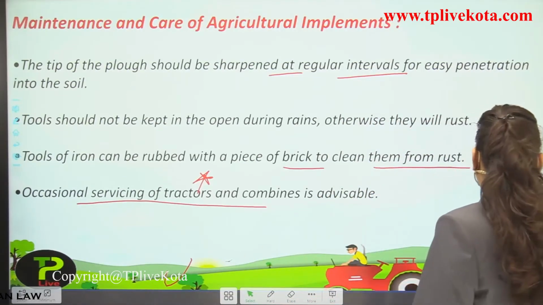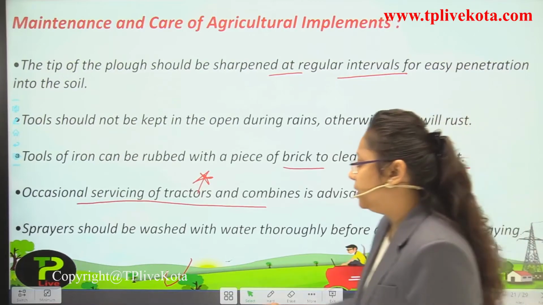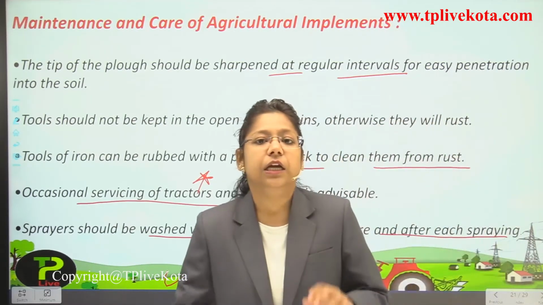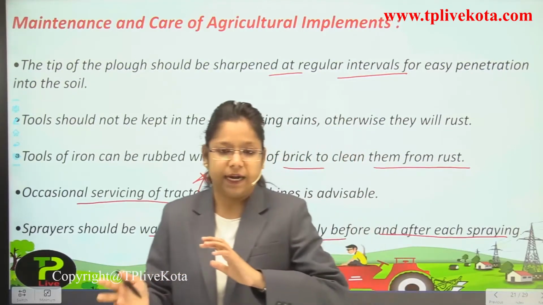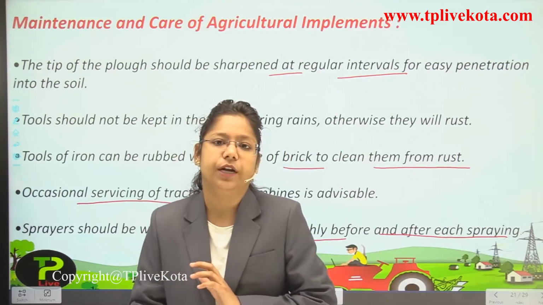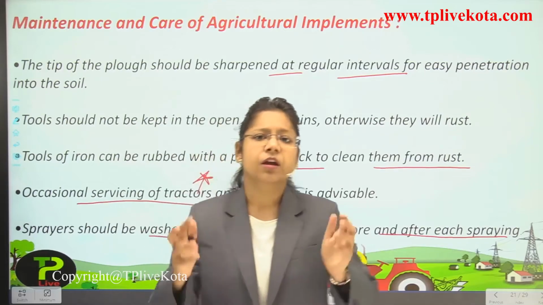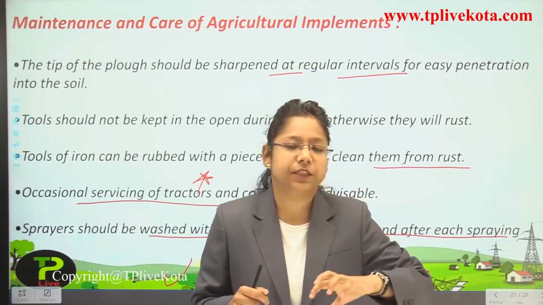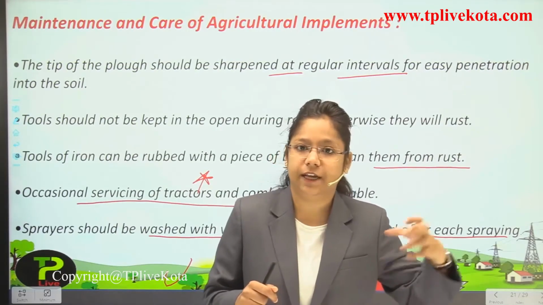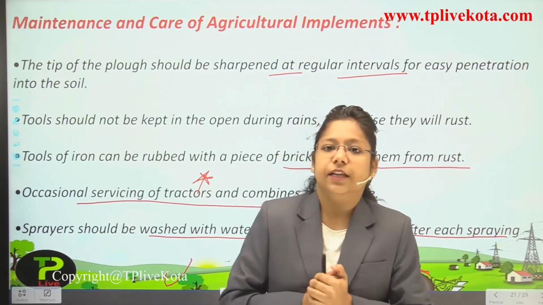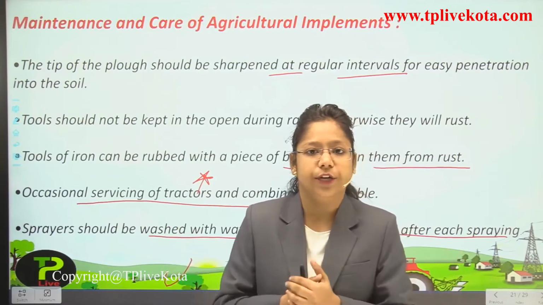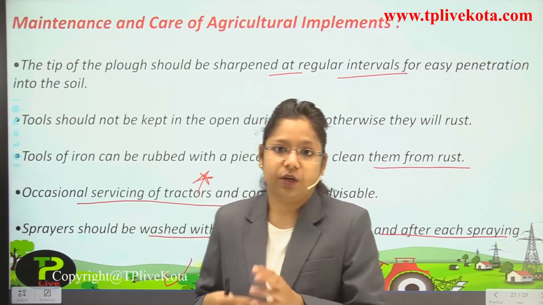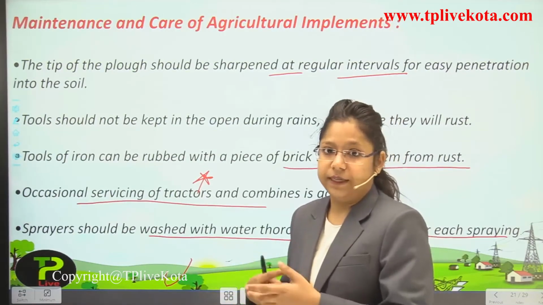Okay, last point, sprayers should be washed with water thoroughly before and after spraying. Now, why is it necessary that they should be washed before and after spraying? Because if the content which is present inside the sprayer is damaged, then if we spray in the fields, then what will happen? The crop is not going to grow, and the field may get destroyed also because of this content. Okay,